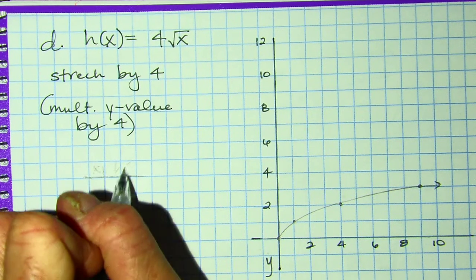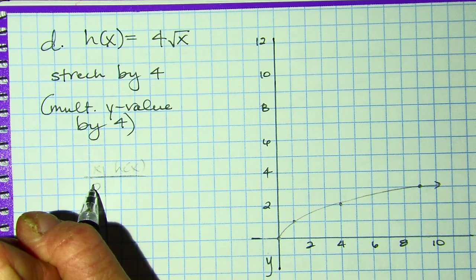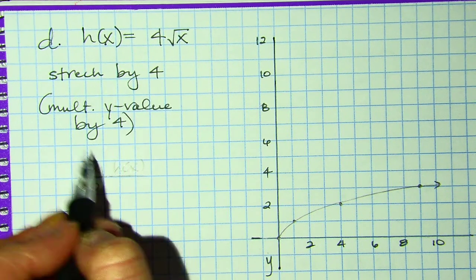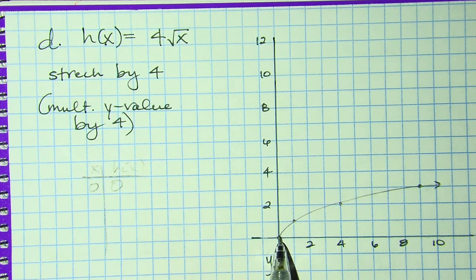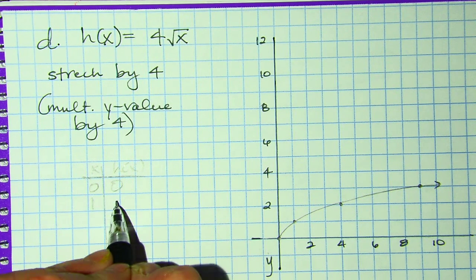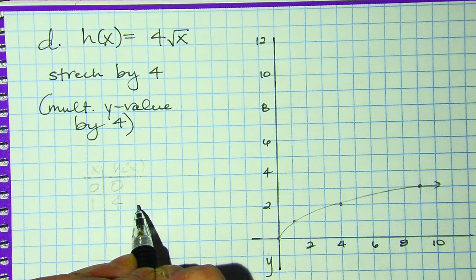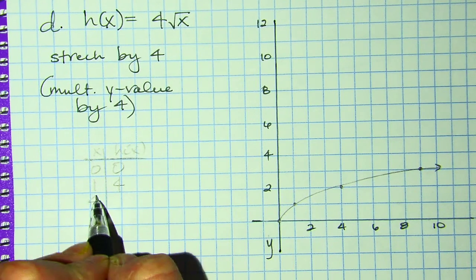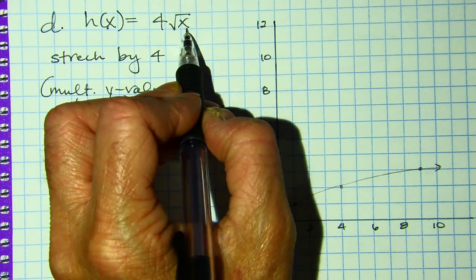this is x and this is y. If I plug in 0, the square root of 0 is 0. 0 times 4 is 0. So this point doesn't change. But if I plug in 1, the square root of 1 is 1 times 4 is now 4. Okay, the square root of 4, if I plug that in, is 2, but 2 times 4, this is now